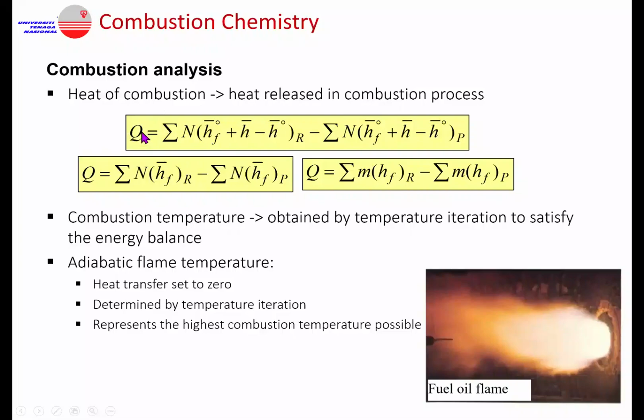So the adiabatic flame temperature is possible if we set Q equal to 0, I mean insulate the combustor. Total energy of the reactant equals total energy of the product. So you plug the numbers into the equation, and the temperature that you obtain is the maximum possible temperature for that particular combustion. I will do an example later just to refresh your memory on how we calculate the adiabatic flame temperature.